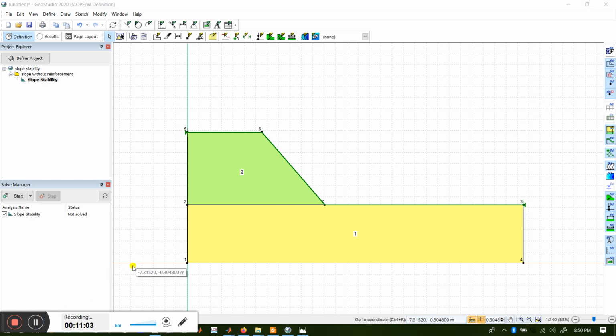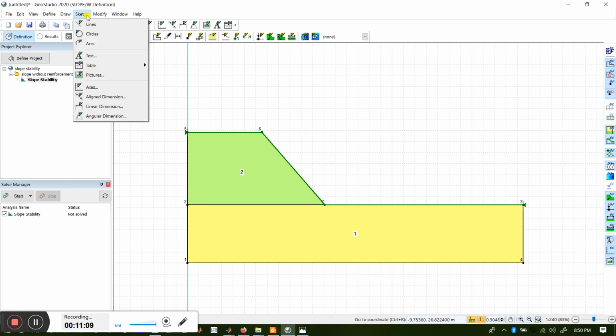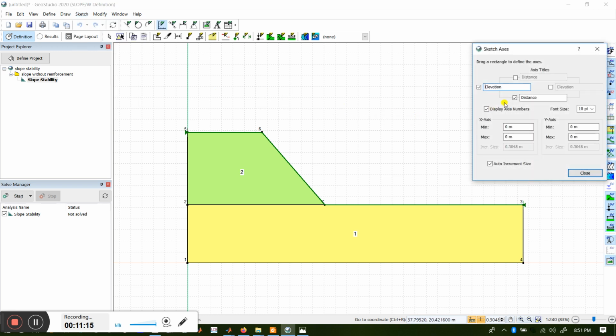One more thing I'll tell you here: if you want to draw the axis, you go to sketch and choose the option axis, and you can draw your axis. For x-axis minimum is 0 and maximum, let's say I will take 35, and for y-axis minimum is 0 and maximum, let's say I will take 35 here also.